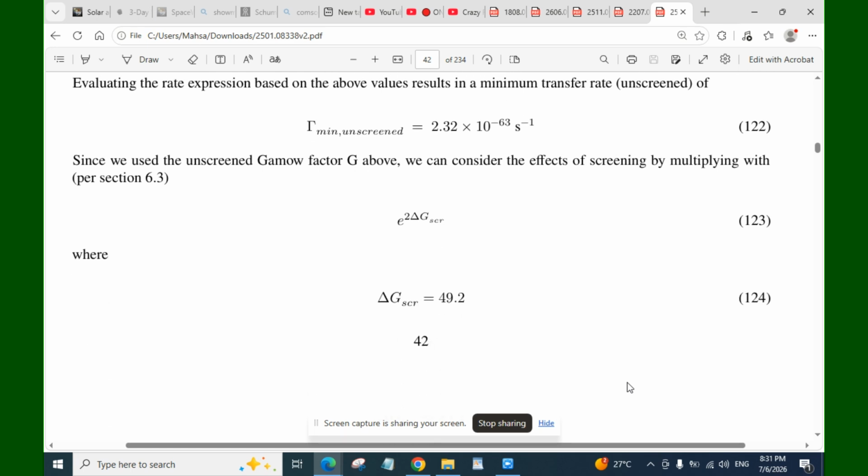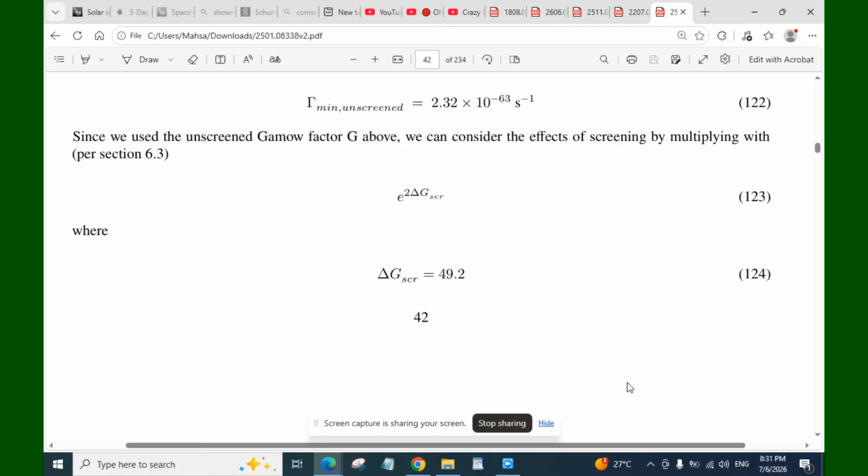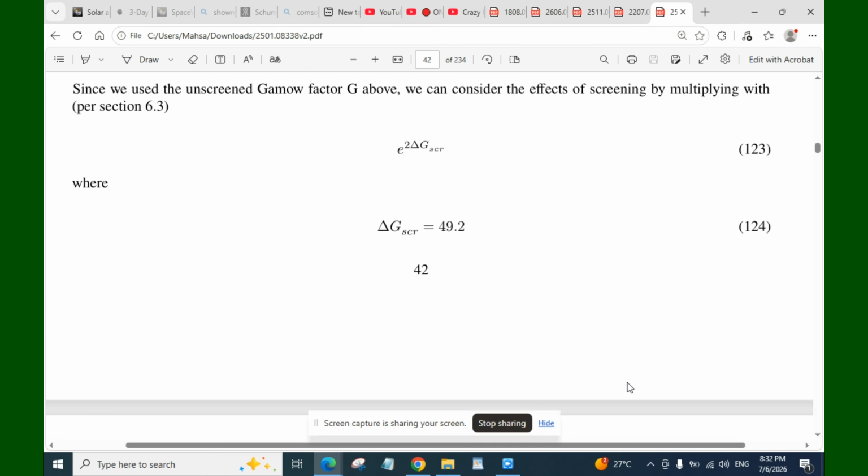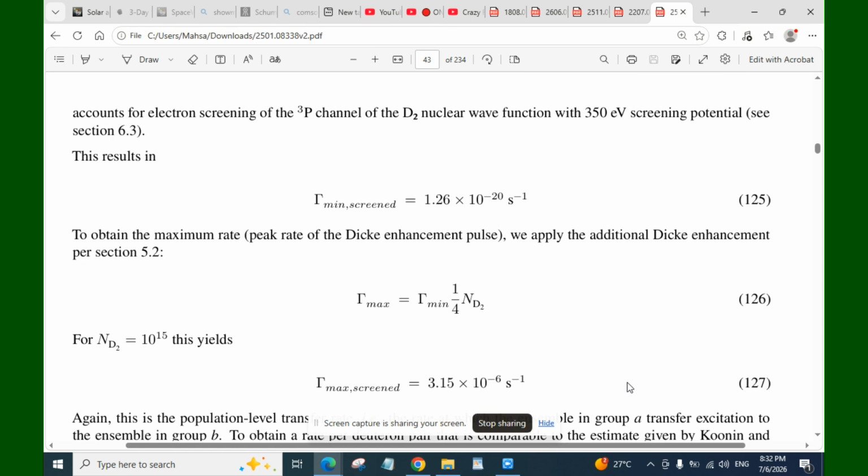tau minimum on screen is equal to 2.32 multiplied by 10 to the power of minus 63 per second. Since we use the unscreened gamma factor g above, we can consider the effect of screening by multiplying by, per section 6.3, e to the power of 2 multiplied by delta G screen, where delta G screen is equal to 49.2, which accounts for electron screening of the P3 channel of the deuterium nuclear wave function with a 350 electron volt screening potential. See section 6.3. This results in tau minimum screen equal to 1.26 multiplied by 10 to the power of minus